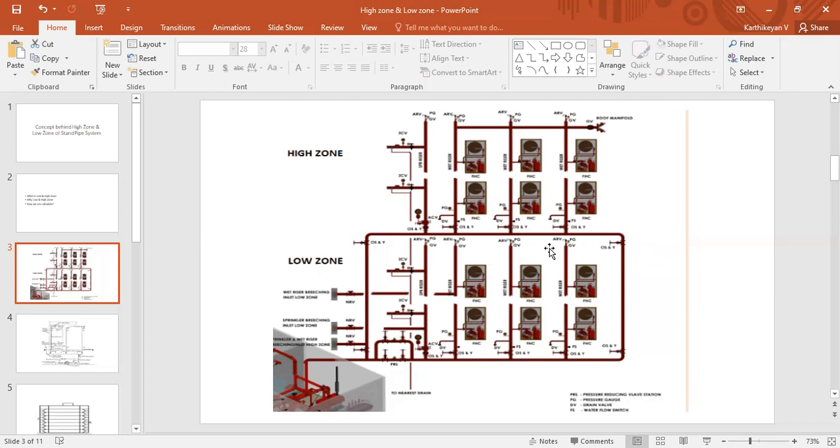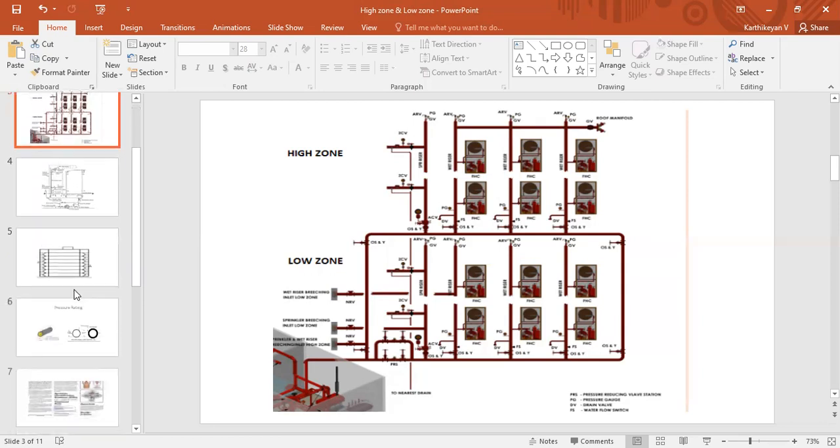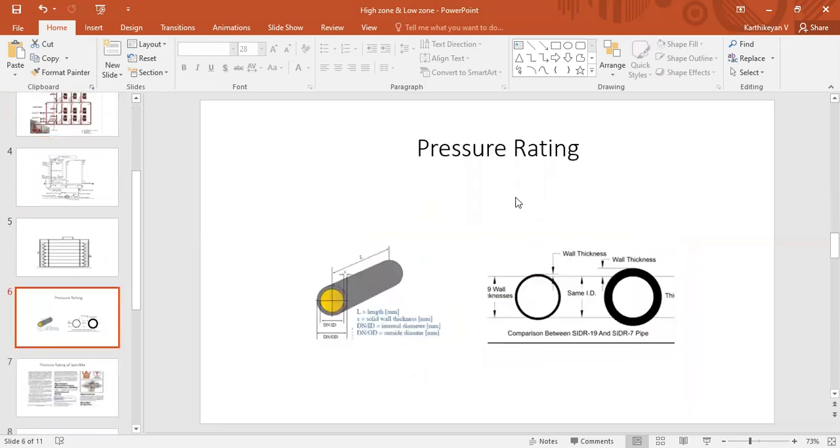After that, the question arises: why do we have to make this? To determine the answer to this question, we need to know some related things, that is the pressure rating. Whatever equipment data sheets you refer to, they mention the pressure rating of the equipment. Let's take the example of pipes. In the pipe itself, we can see the pressure rating, how much pressure it can cater, the test pressure, everything. They also mention the schedule of the pipe, schedule 40, schedule 80, whatever the schedule.